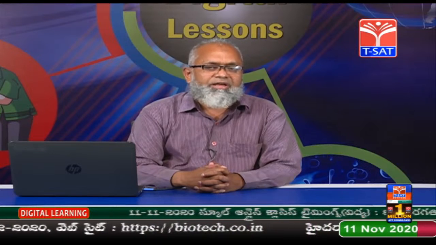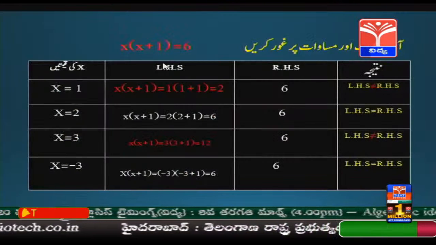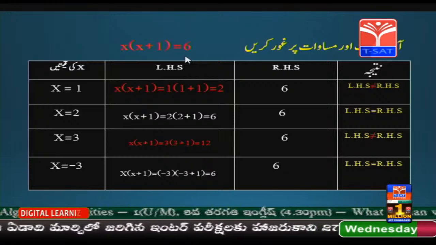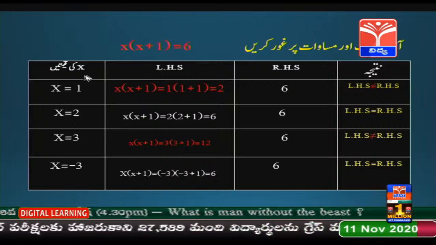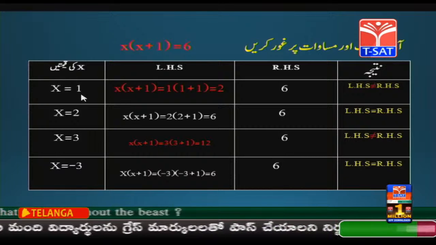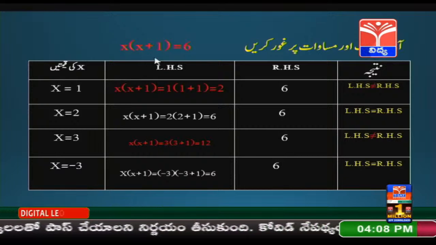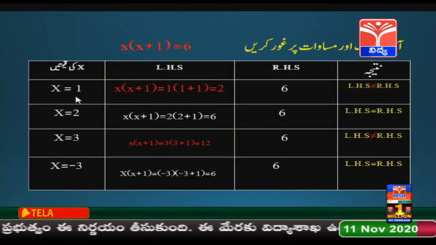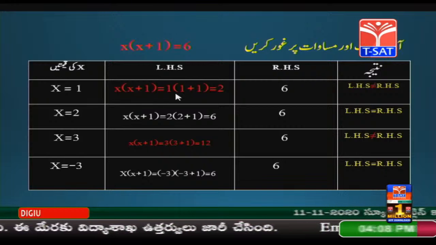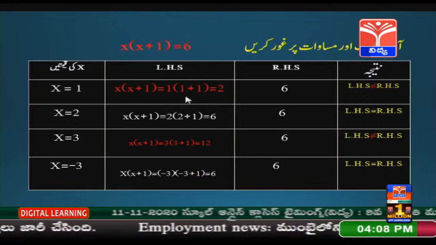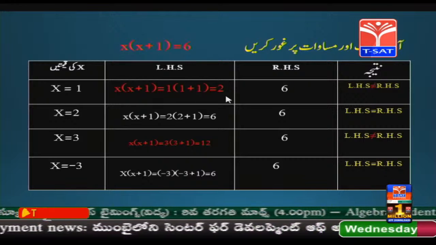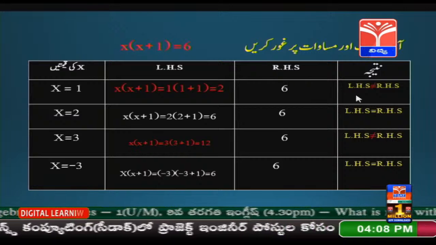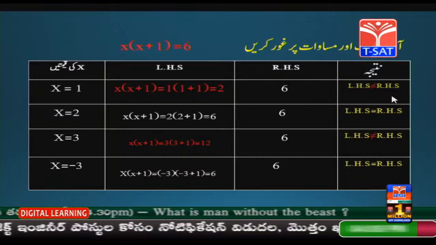آئیے ایک اور مثال پر ہم غور کریں۔ پیارے بچوں، x ضرب (x + 1) مساوی ہے 6۔ یہاں پر بھی ہم LHS اور RHS کی قیمتیں معلوم کر کے دیکھیں گے۔ یہ x ایک ہی متغیر ہے۔ x کی قیمتیں لے رہا ہوں میں۔ پہلے x = 1۔ LHS میں کیا ہے ہمارے پاس؟ x ضرب (x + 1)۔ یہاں x کی قیمت کیا درج کرنا ہوگا؟ جو قیمت ہم لیے ہیں وہ درج کریں گے۔ x کی قیمت 1 ضرب (1 + 1)۔ یہ 1 جمع 1 2۔ 2 ضرب 1 کیا ہوگا؟ 2۔ لیکن RHS میں دیکھیے آپ 6 ہے۔ کیا یہ LHS اور RHS کی قیمتیں مساوی ہیں؟ نہیں۔ تو یہاں کیا لکھنا ہوگا مجھے؟ LHS مساوی نہیں ہے RHS کے۔